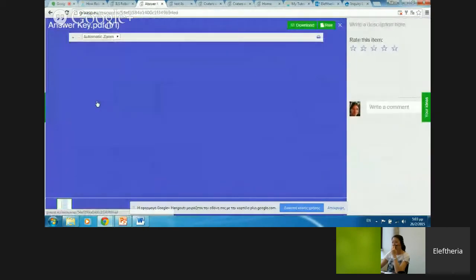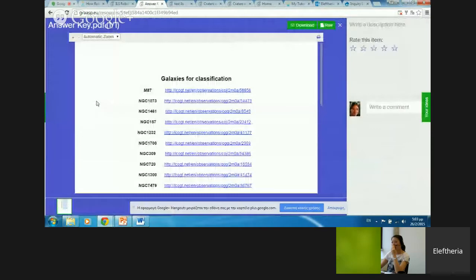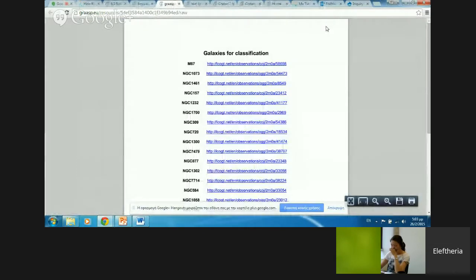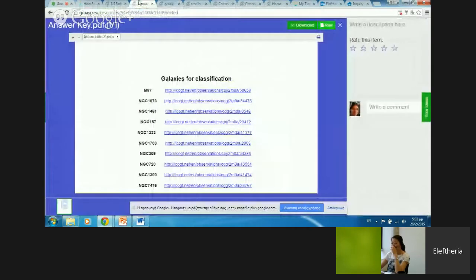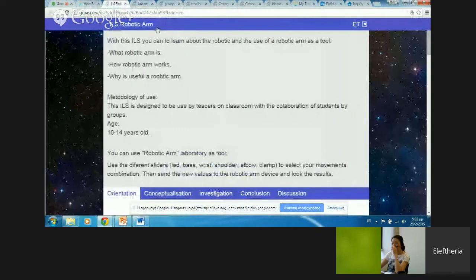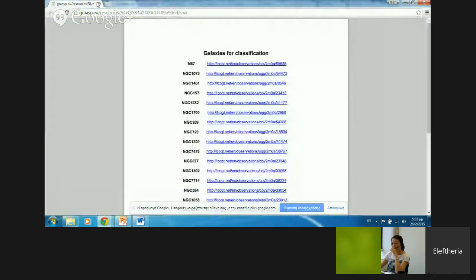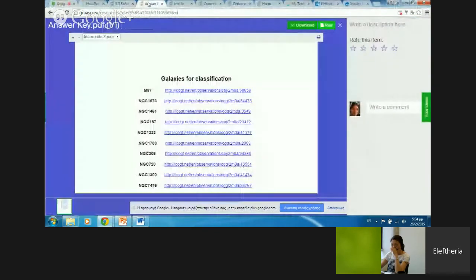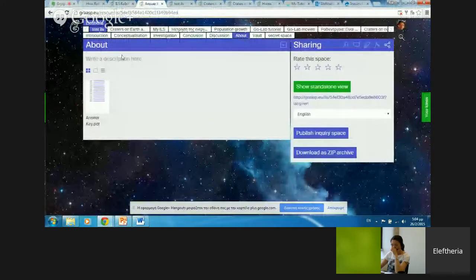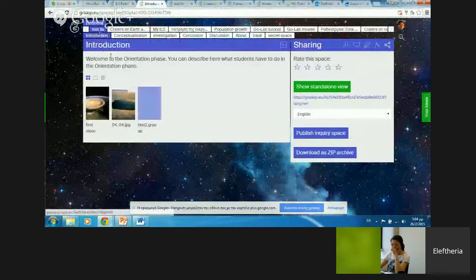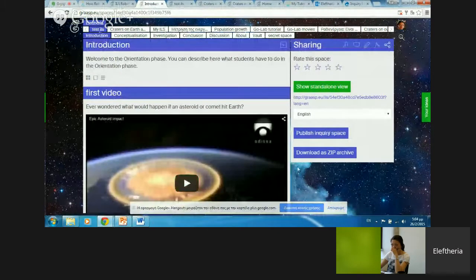Every file that I upload in Grasp has also, if I click this button here, a raw URL. So what I can do is I can copy this link, go back to the place I was, so in the introduction, and I can say